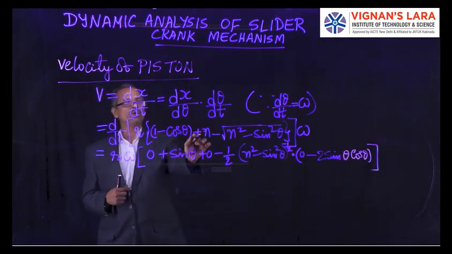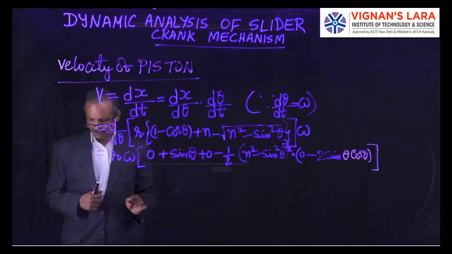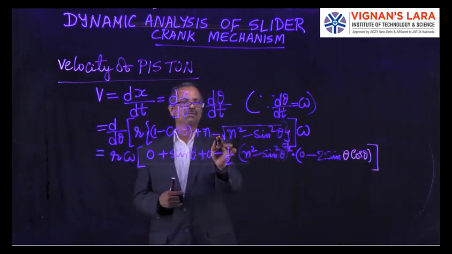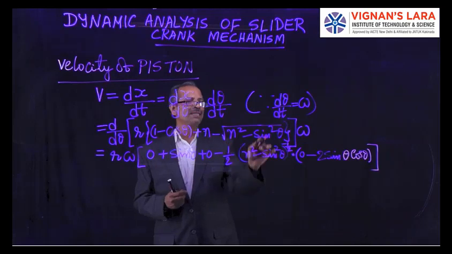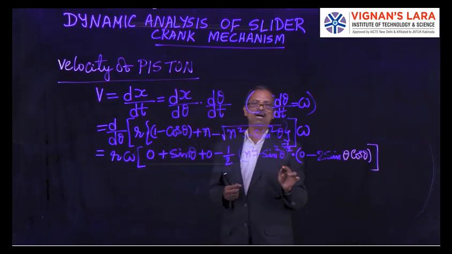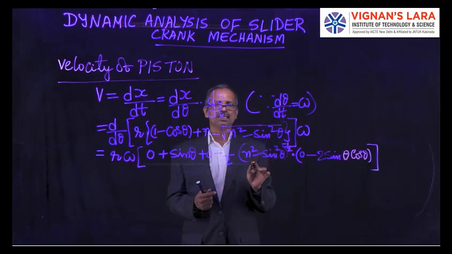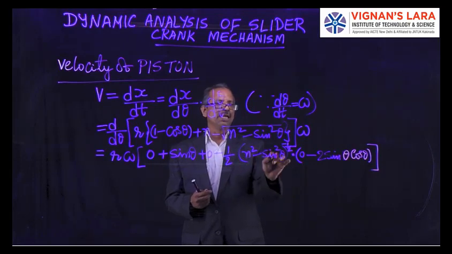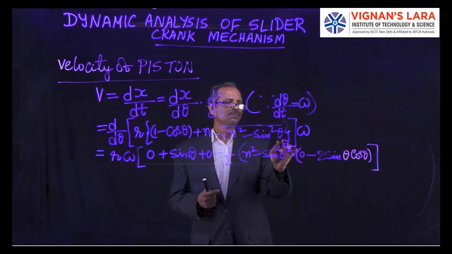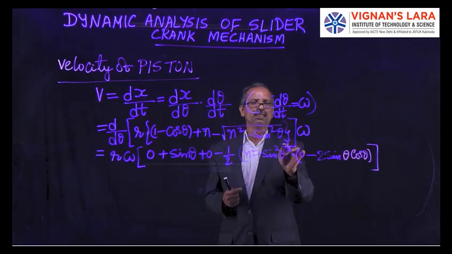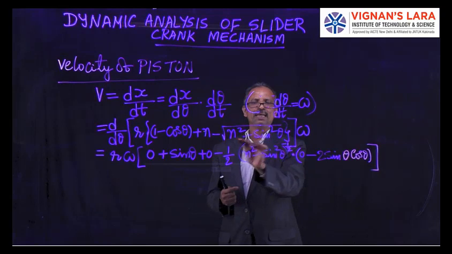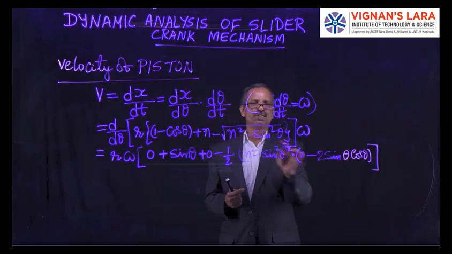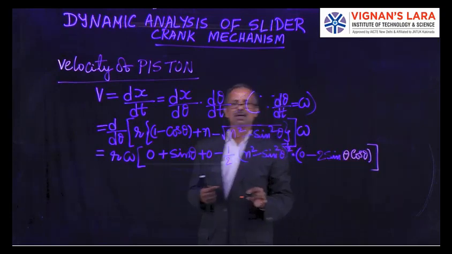And here one more n is there. The differentiation is 0. Then what is left? Root over n square minus sin square theta with minus sign. So root x is nothing but x to the power of half. You are aware of it. d by d theta of that is 1 by 2 into n square minus sin square theta to the power of half minus 1, that is minus half. Then inside term n square differentiation is 0. Then sin square theta differentiation, that is minus 2 sin theta cos theta.